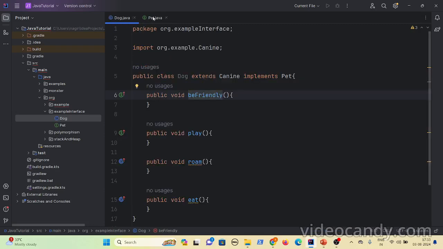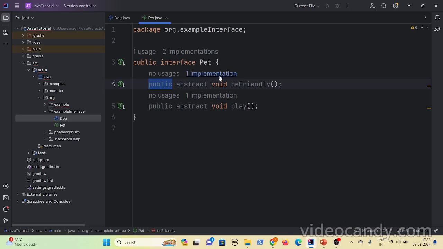Since I already said, right, interfaces will have 100% abstract methods, there is no need to put public abstract, because even if you don't put that, it will understand that these are all public abstract methods. You need not put that. This is the good way to use it. You should not put public abstract, because the interface itself says these are public abstract methods, and the return type depends on the method you are implementing, and it can have parameters as well.